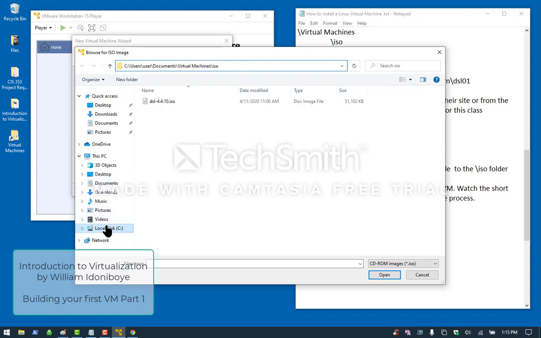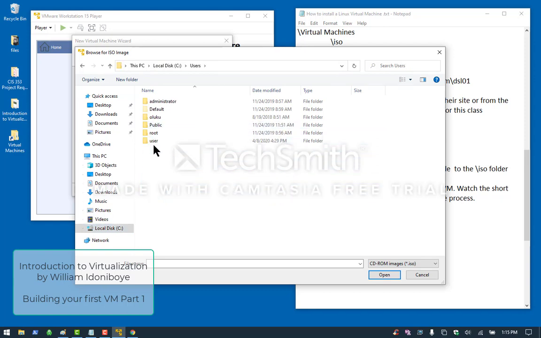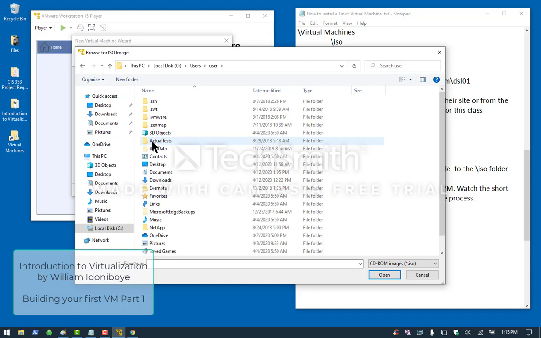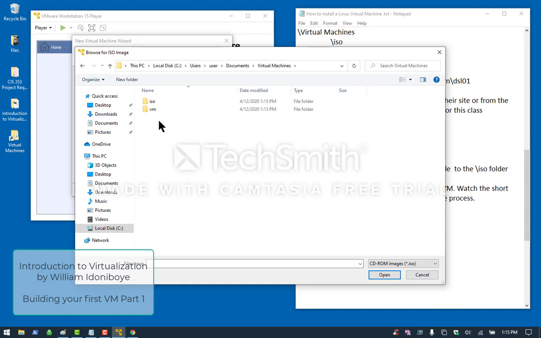And just to walk you through it, users, in my case I'm using the user, and it's inside my documents, inside the virtual machines folder, and inside the ISO subfolder. So you click on this, select it,